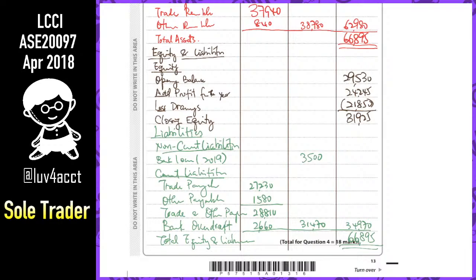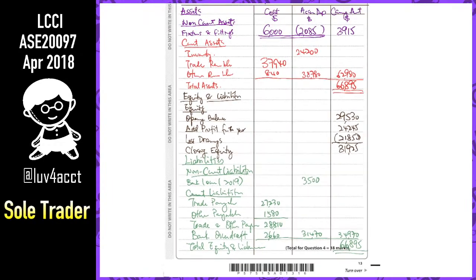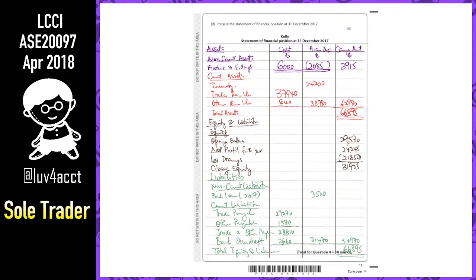Okay, 18 marks for this one. Not too difficult because you are guided on which items you need to work on. It can also be that you are not guided, you have to think. You have to adjust for depreciation, you have to find disposal loss, you have to adjust the net profit. You might have to think about all this by yourself, but then it guides you. So they are kind in this sense. 6 marks only for this part.